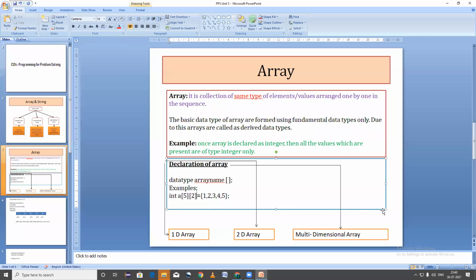If I am having more than two, it may be three or four, if I am having a structure like this, we call it a multi-dimensional array. Based on the subscripts, there are different types of array. So is it clear to you? Hello?